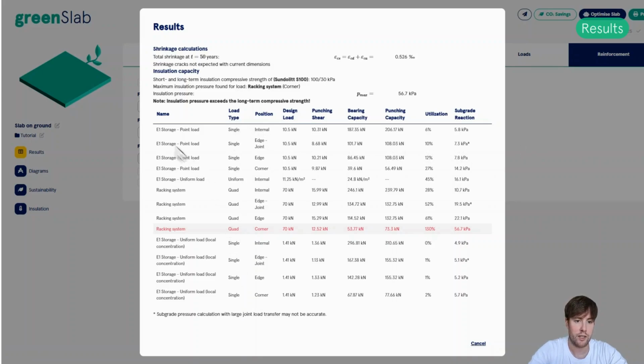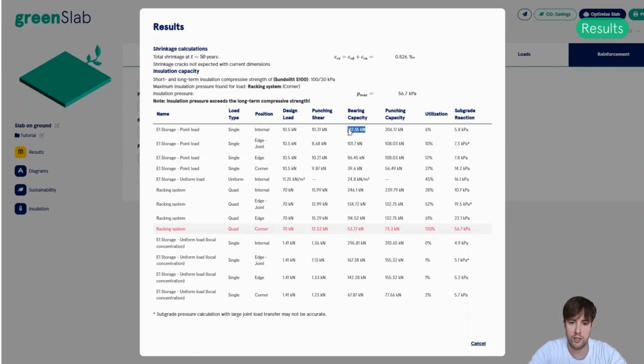Yeah, all right. In this table here, we will see all the different loads, what type of load they are, what position, and it will tell you what the design load is, what the punching shear load is. Note that the punching shear loads are often or always a little bit smaller than the design loads, and the reason for this is that some of the load is actually directly carried by the subbase, so the punching shear load is reduced slightly.